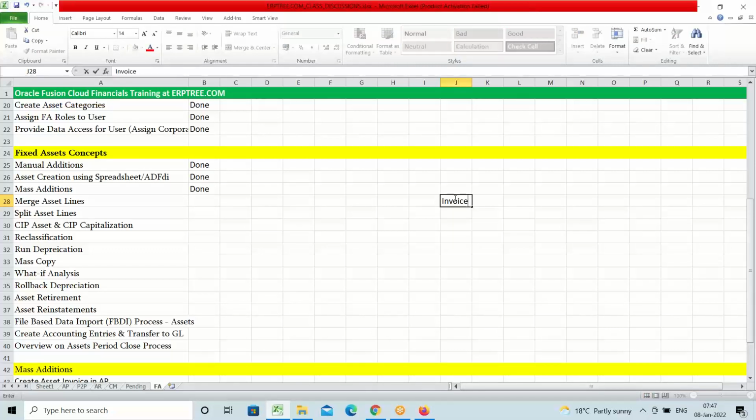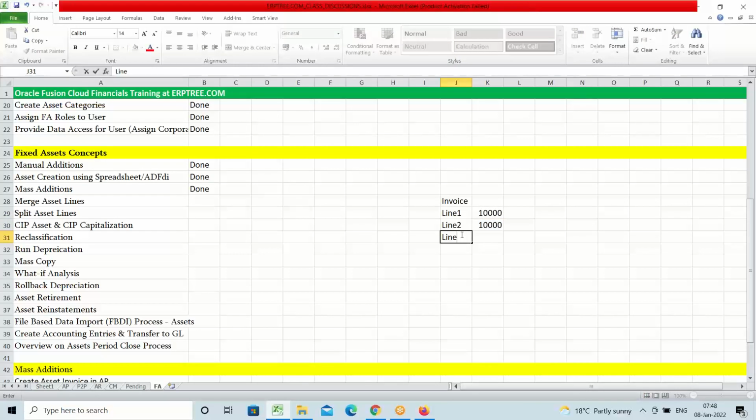Okay, you created an invoice. In the invoice, you have line 1. Line 1 may be, for example, 10,000. You have one more line. Okay, you have line 2. Within the same invoice, we have line 2. Line 2 also 10,000. After sending this 10,000, 10,000, total 20,000 to fixed assets, say for example, line 1 is related to desktop, or say monitor, line 1 is monitor, line 2 is CPU,